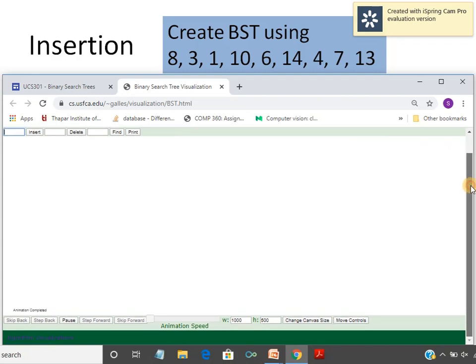Since you are beginners, you can make use of this animation speed tab. With the help of this tab, I can control the speed of animation, because whenever we execute any algorithm, whatever steps this platform is using are all displayed somewhere over here. So if I slow down the animation speed, I can read those steps properly. And once we are done with it, you can increase the animation speed and then there is no need to